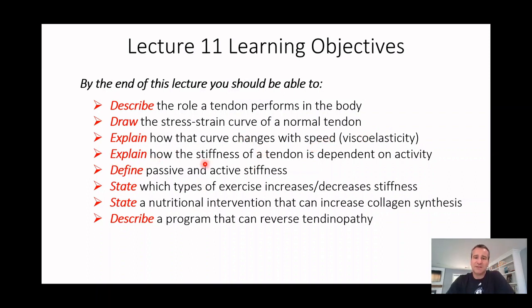Explain how the stiffness of a tendon is dependent on its activity level. Define passive and active stiffness. State and define and really compare and contrast different exercises, exercises that increase stiffness and exercises that decrease stiffness. You'll be able to describe a nutritional intervention that can increase collagen synthesis and a program that can reverse tendinopathies,